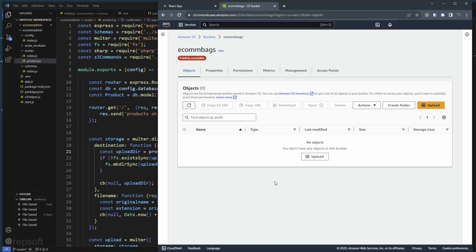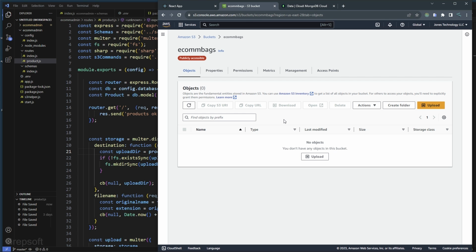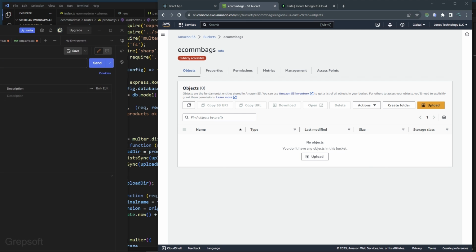So let me just do a refresh. It's empty. So now we're gonna go ahead and try to add stuff to it. So I'm going to also log on to MongoDB. Alright, so if you guys remember, this is what we added, these two items last time. So now we're going to add a third bag, and we're going to also upload an image. So let's see how we can do this with